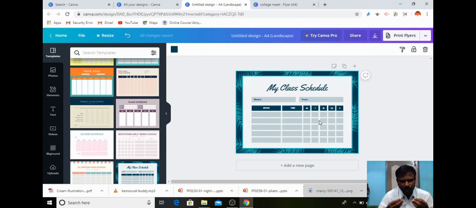It is free. You can easily download or easily share to anybody, and you can invite others to make the design collaborative. You can design a part and another teacher can design another part. Then you can make a collaborative design. So this is a wonderful website for making static design materials or static e-content materials.